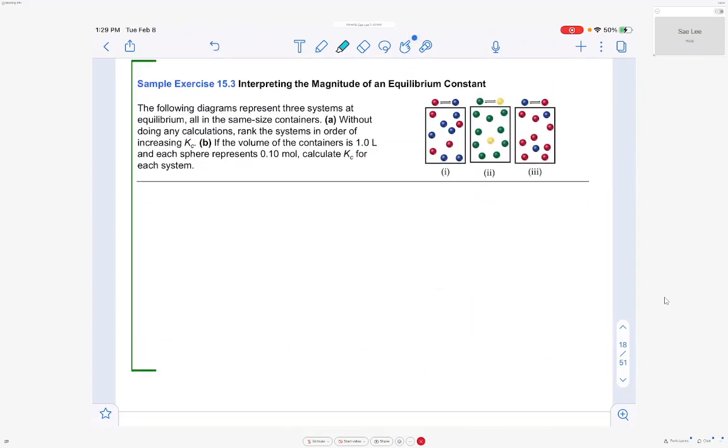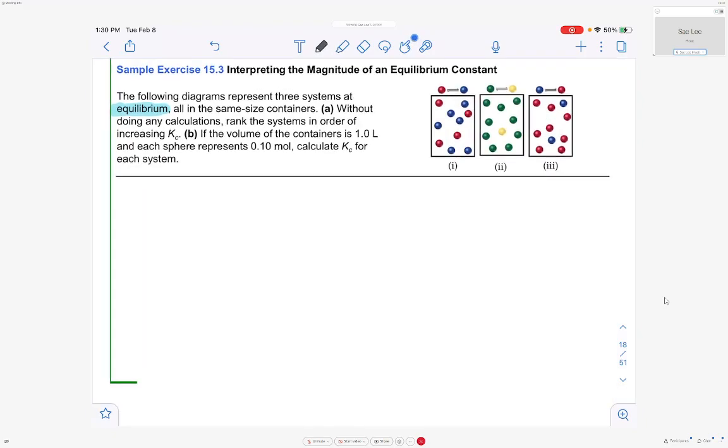Let's try a sample exercise. The following diagram represents 3 systems at equilibrium, okay? All in the same size containers. A, without doing any calculations, rank the systems in the order of increasing Kc. B, if the volume of the container is 1 liter and each sphere represents 0.1 mole, calculate Kc for each system. Okay, so for this question,